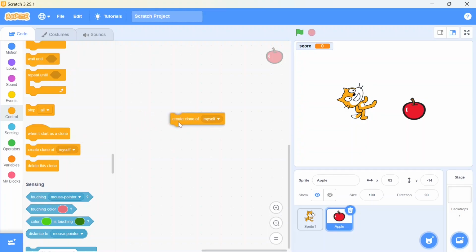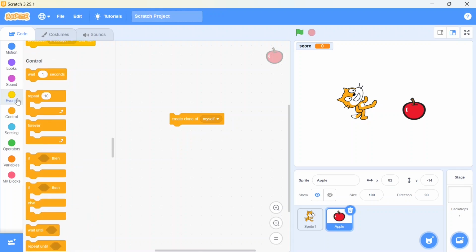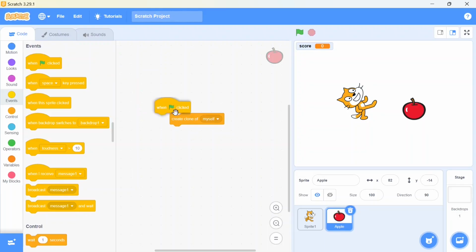So I'll just take it and I'll use the event block to take this flag. Now here you can see it says myself, and I have chosen one more sprite over here. So I just drop down and you can see Sprite1 is mentioned. Myself is for this apple and Sprite1 is for the other one. If I use these blocks for this sprite, then myself becomes Sprite1 and the next sprite is shown over here. Like here I choose myself, and now I will click on the flag. Now you will see what will happen. Nothing will be shown on screen.